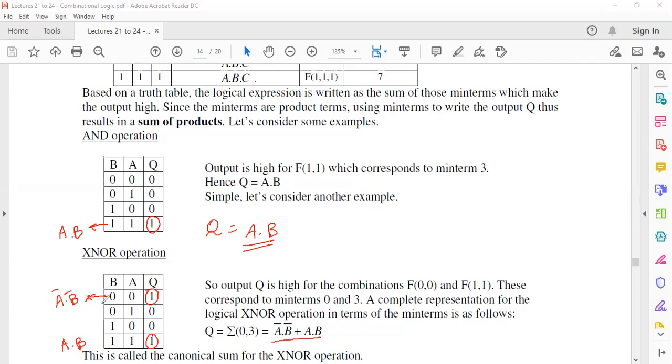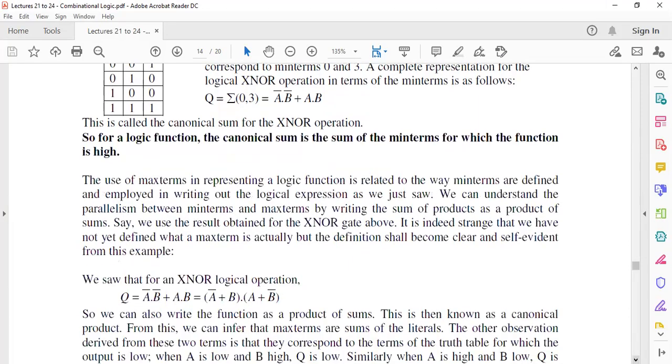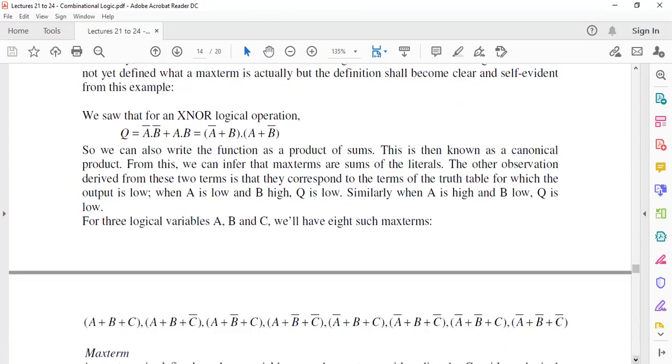You take the product of terms, and then when you merge them together, Q is high for this combination or for this combination, because you have two possibilities. When we say or, we have to add. So this is how you can write minterms for all the rows in your truth table where your output is high, and then you just add all these possible minterms, or minterms of product terms. Let's look at some other examples. You can just read through the notes, but that's basically